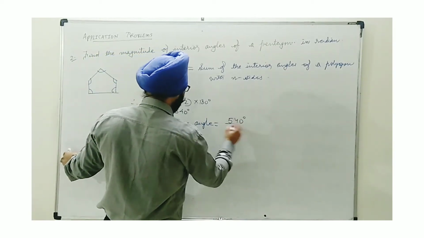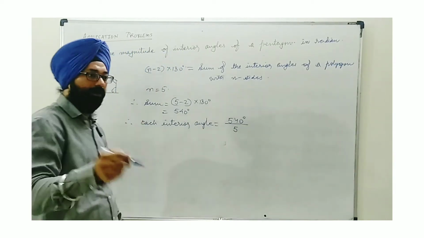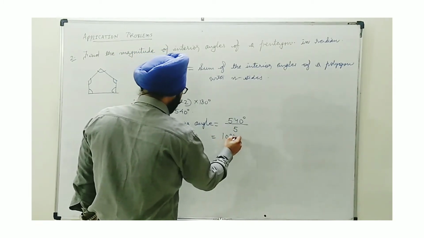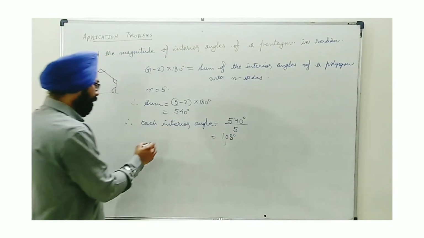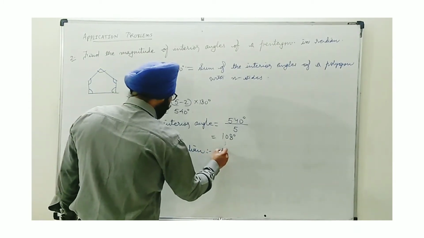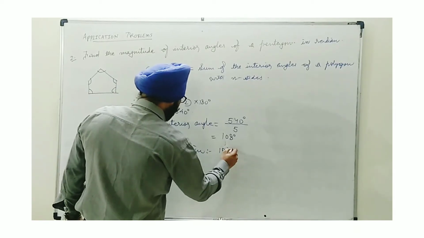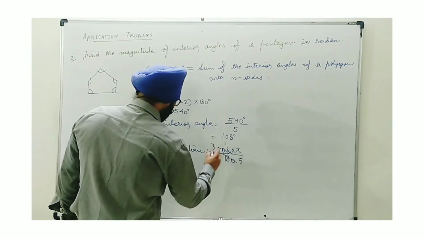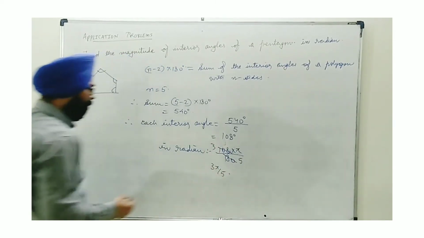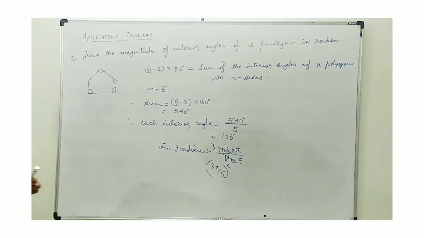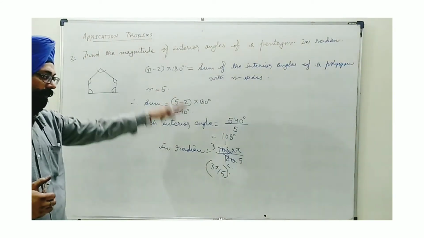will measure the 540 degree sum divided by 5. As I said, in a regular polygon all the angles are equal. So when I divide, I find this is 108 degrees. The only thing we need is to convert to radian. So in radian we will write 108 into pi divided by 180. 36 by 5 and this is 3, so finally we get 3 pi by 5 radian. And as I said in the beginning, you can put c here to show it is in radian. Okay, so this is the magnitude of each interior angle of a pentagon in radian conversion.